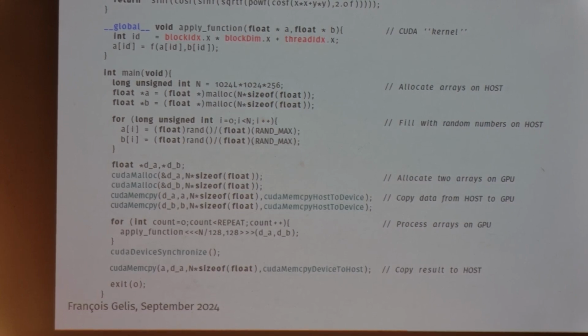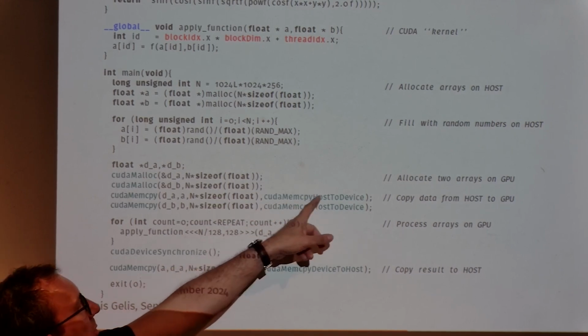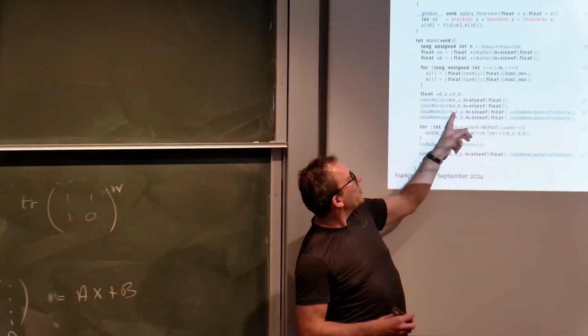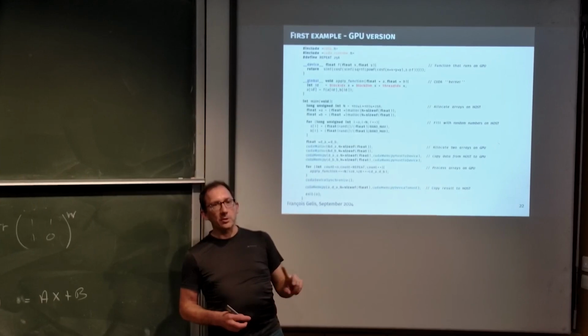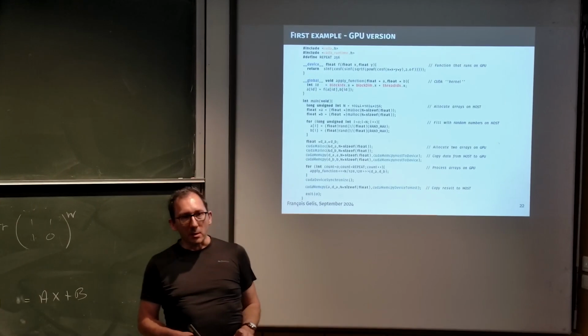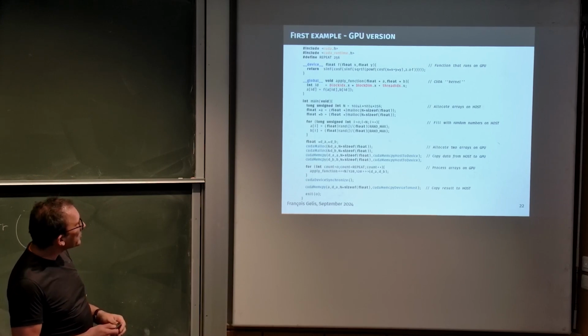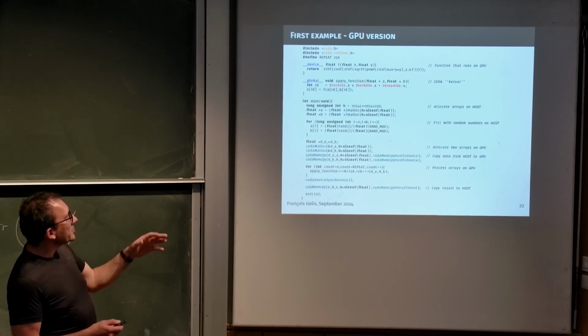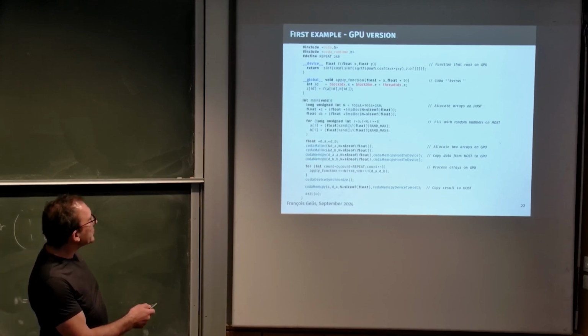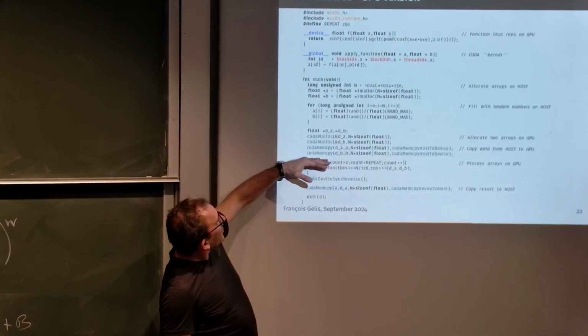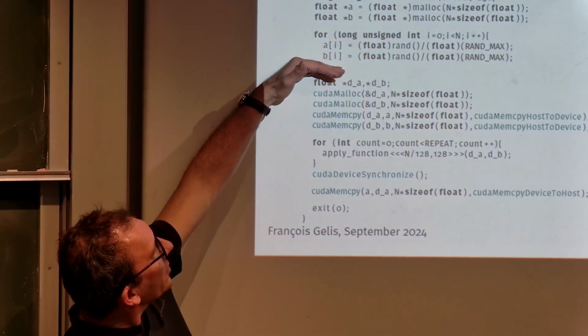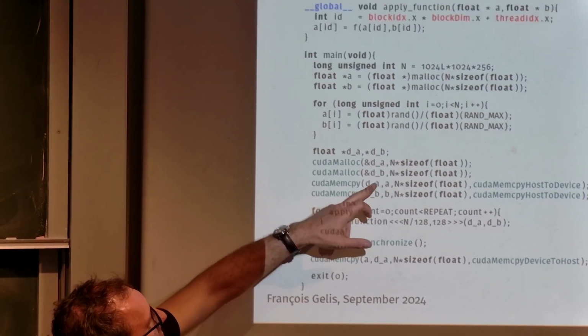And I think with recent versions of CUDA, the compiler is smart enough that you can omit this, so it knows from the pointers you put here which direction you want to copy. So you have to check the documentation if you want to use this. Otherwise, it's not hard to add it. So at this stage, the random data I've created on the host here has been copied to these two arrays